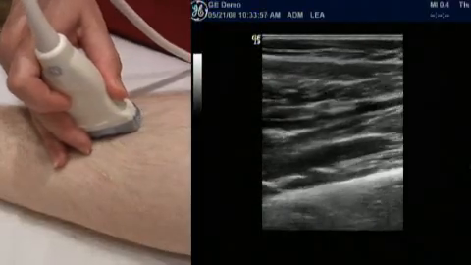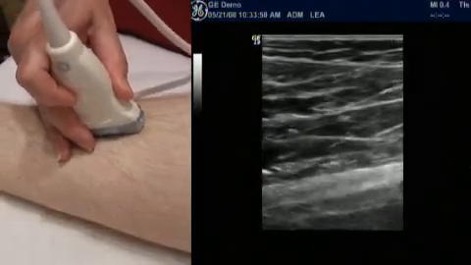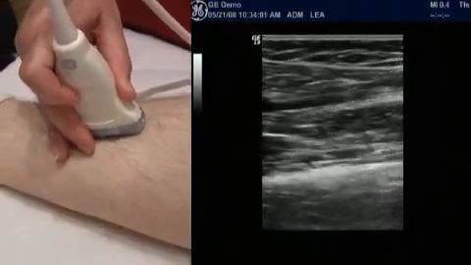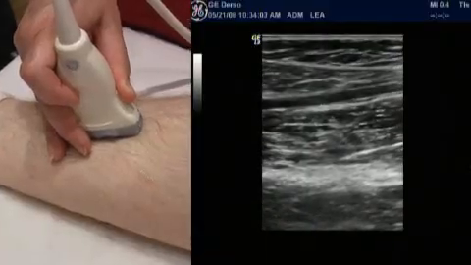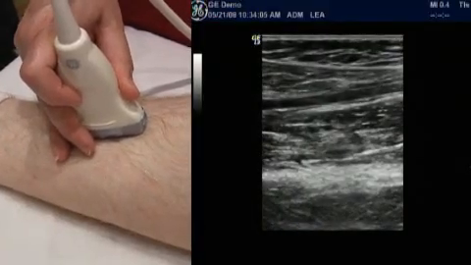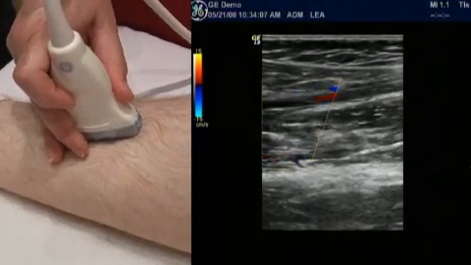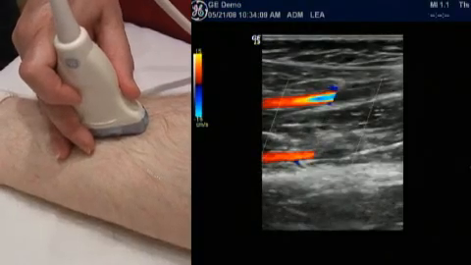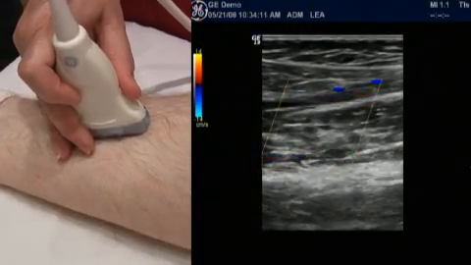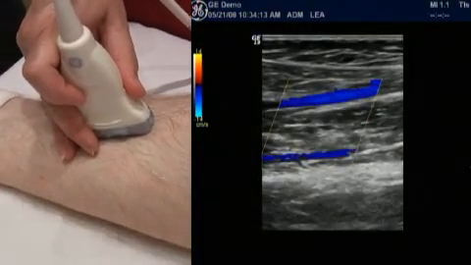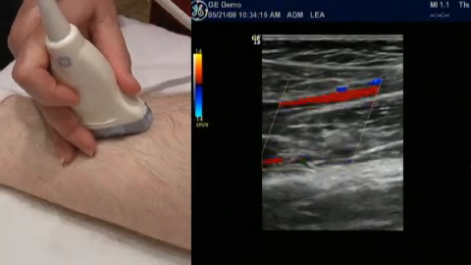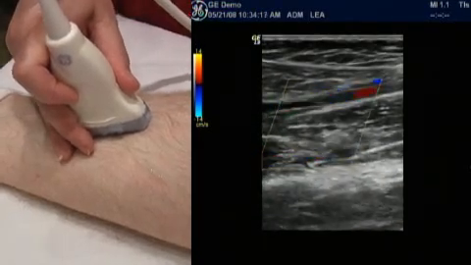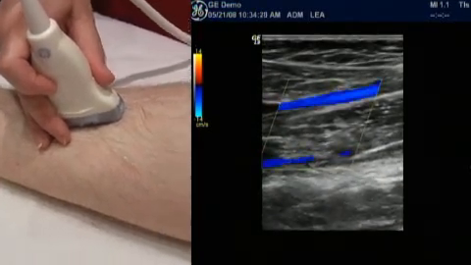Now you can follow it in grayscale, which is fine. You do want to assess it and make sure there's no plaque or no calcification, but you can see beautiful color filling, and our subject today has wonderful anatomy. We're getting both the posterior tibial and the peroneal in the same view. This may not be possible in most patients